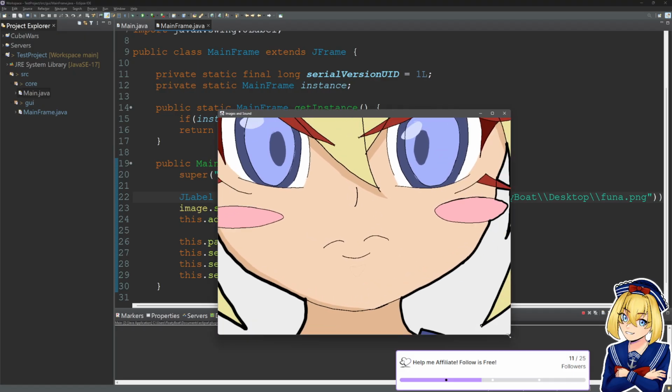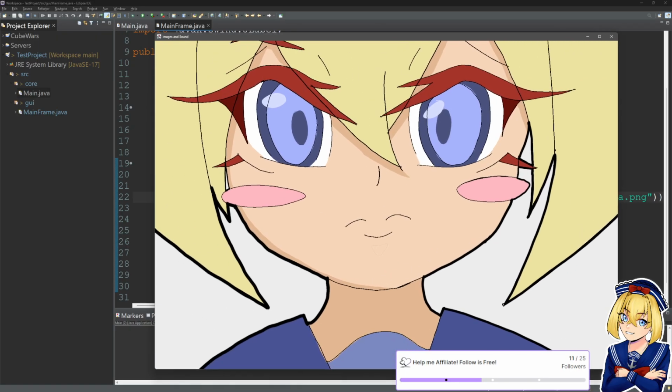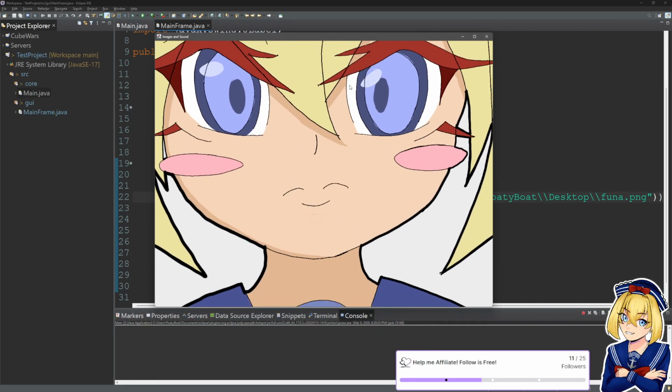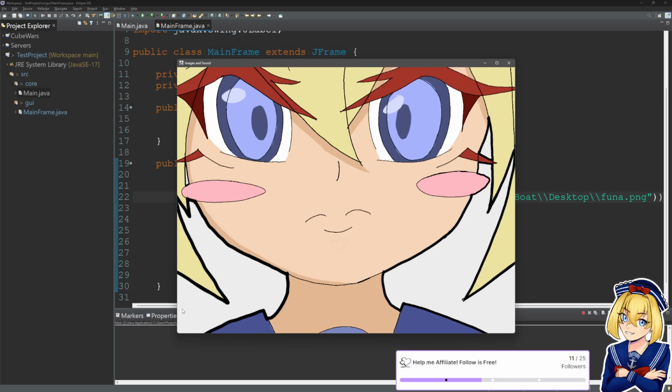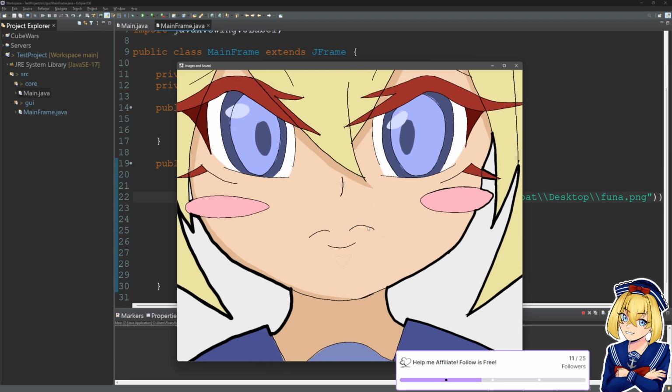Okay, now Funa-chan is being drawn full size inside of this window, because the JLabel is the full size of this window, and then it's trying to maintain the aspect ratio and size of our image.